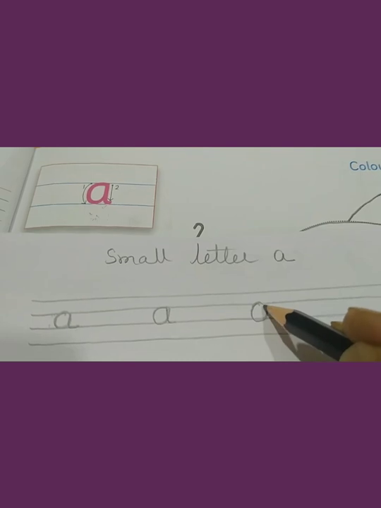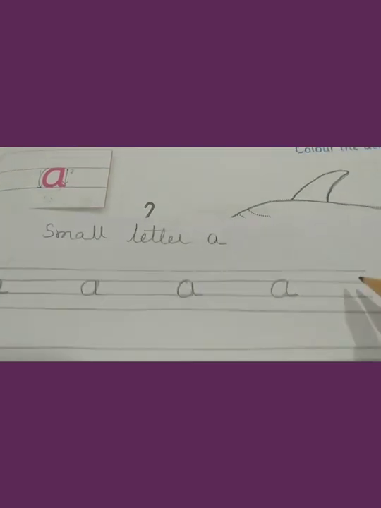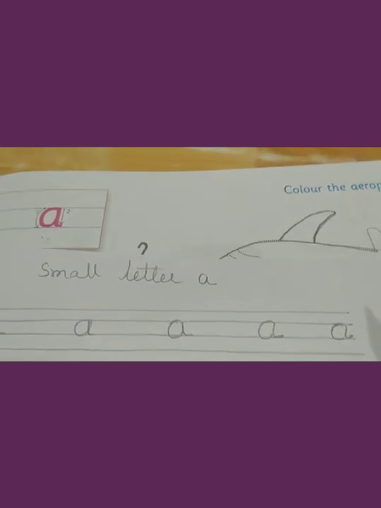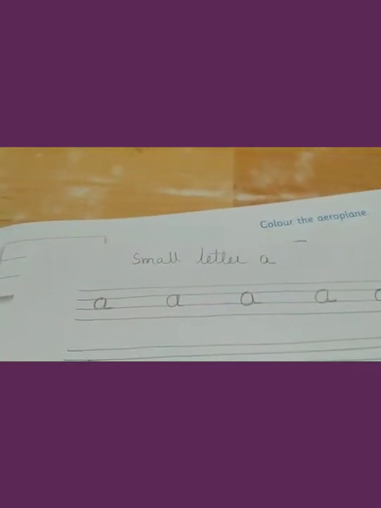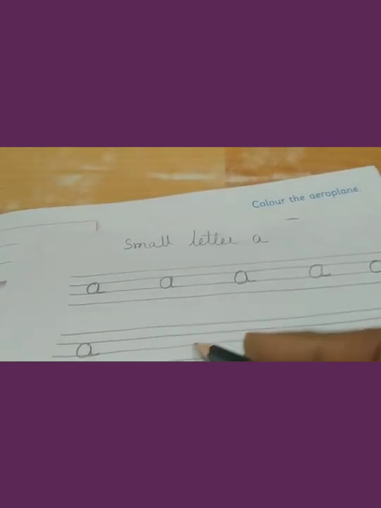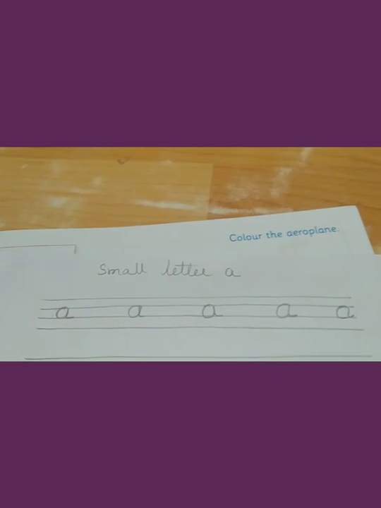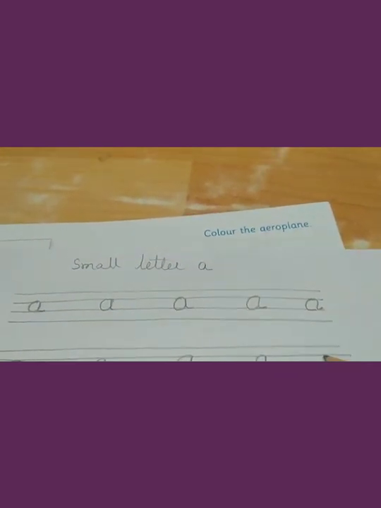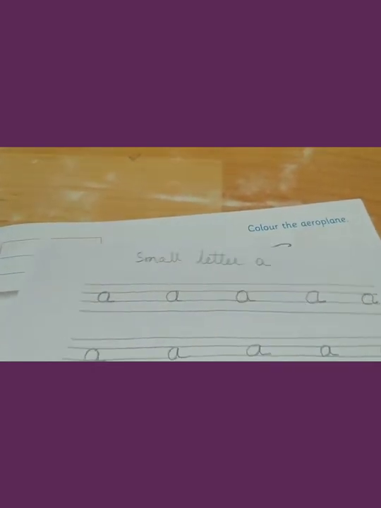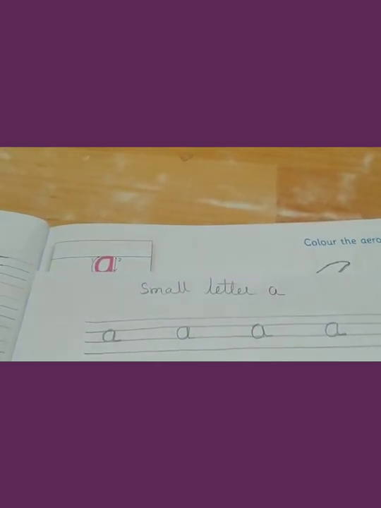This way round you can put, or you can do half circle, and after that this. See here, half circle, and this way. Or you can write it in this way. Round, this down. Round, this is small a. This is your 4-line book. You also in your 4-line book write small a. Have you got it?